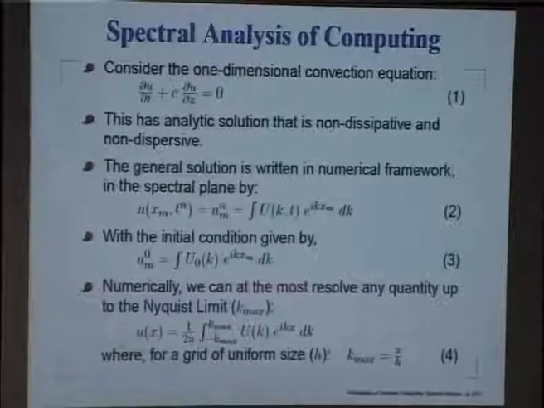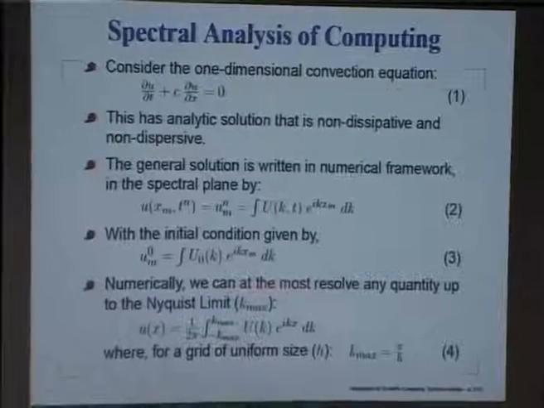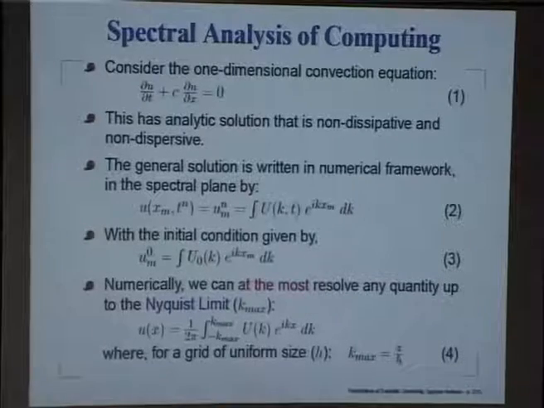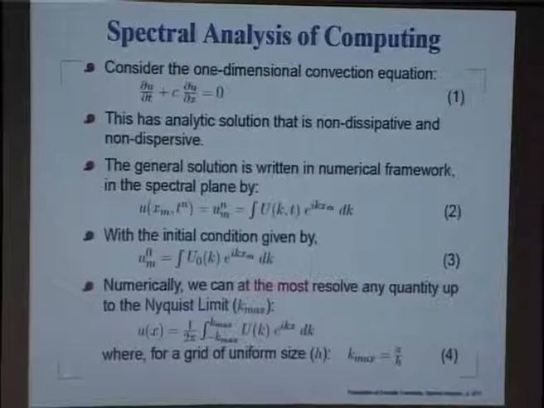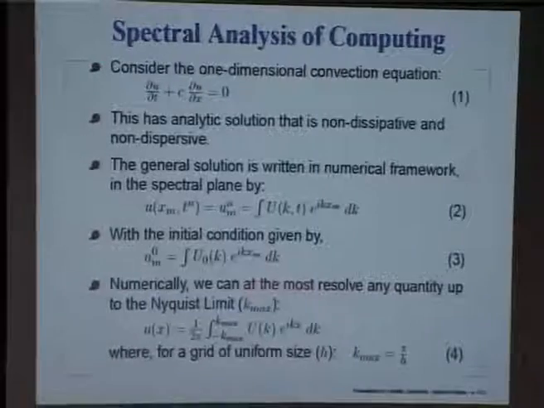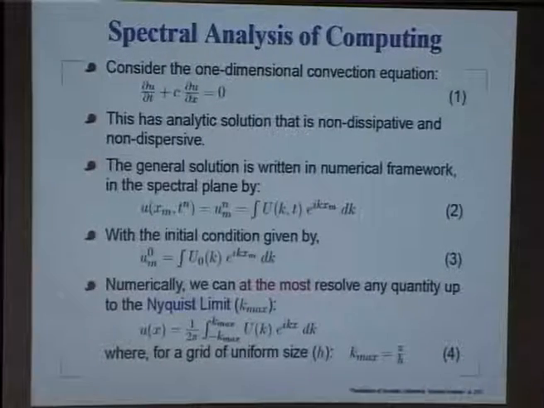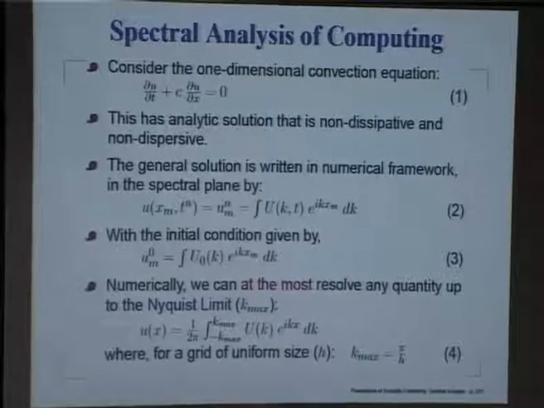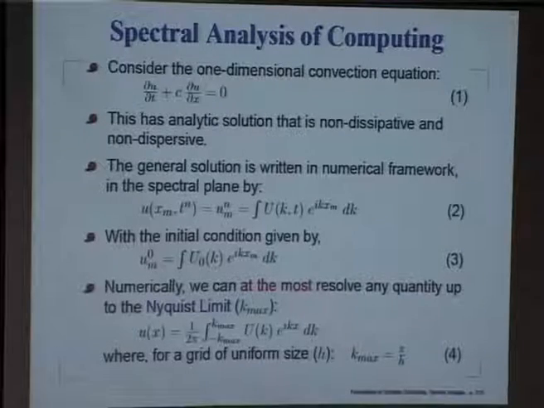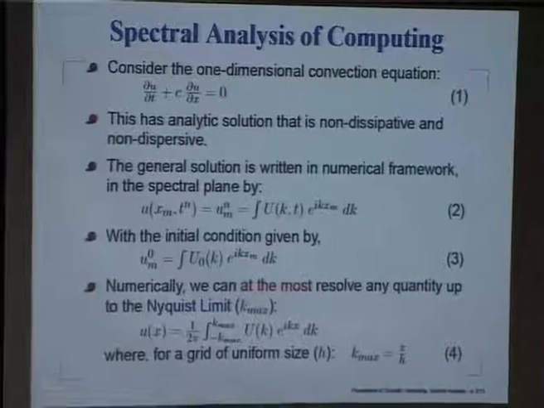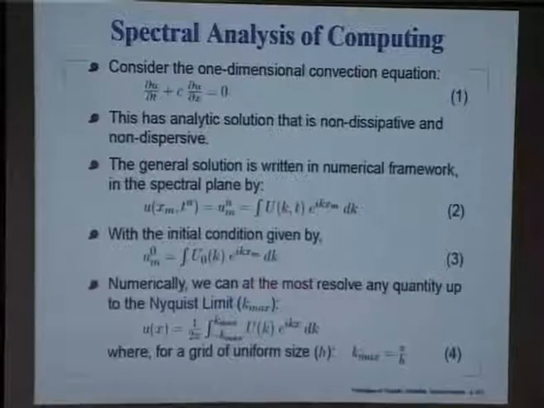So, the initial condition is defined as n equal to 0, and that would be defined by the spectrum at t equal to 0. Whatever initial condition I give, I can do a Fourier transform, and the quantity I will write as u naught of k, right, and that is distributed in the k plane. So, that is what we get. Now,